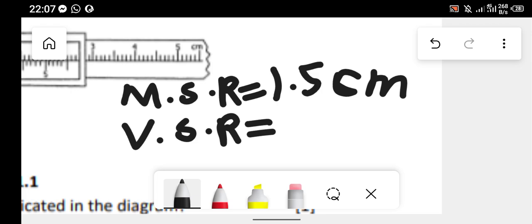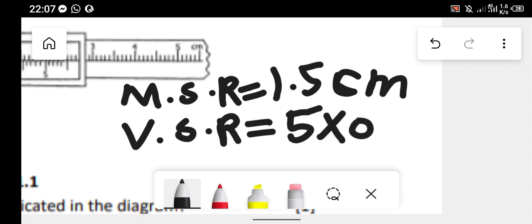in this case which is 5 millimeters, we need to multiply it by 0.01 centimeters. Why are we multiplying by 0.01 centimeters? This is because we need to convert the millimeters into centimeters. So when you do this,